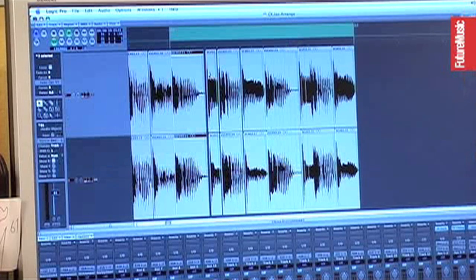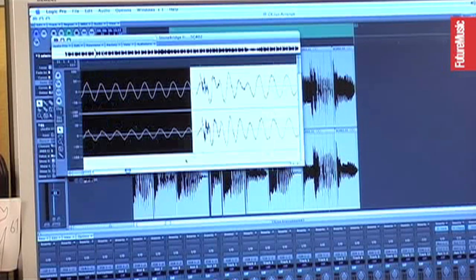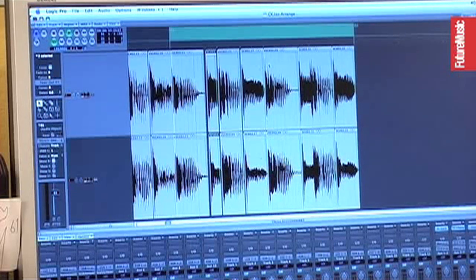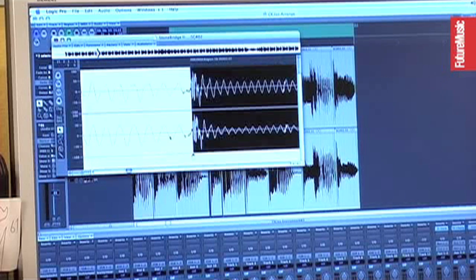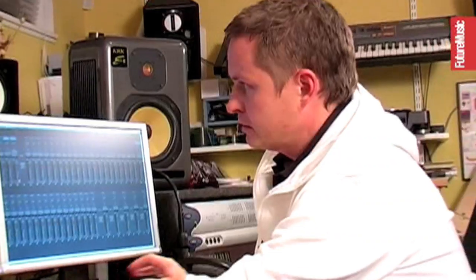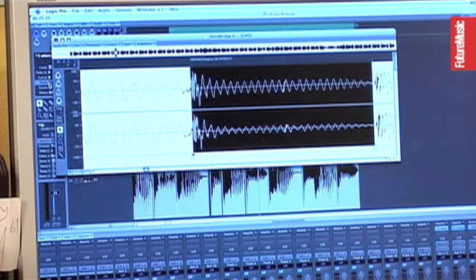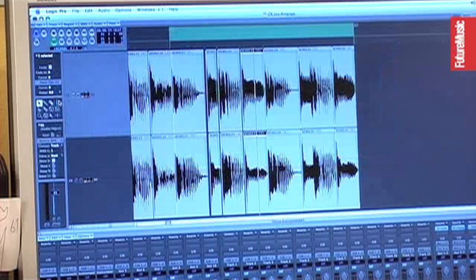That might be a problem later. It's a typical little glitch. They probably sampled a snare with the beginning of the next hi-hat. This little thing here. It's a little conga.